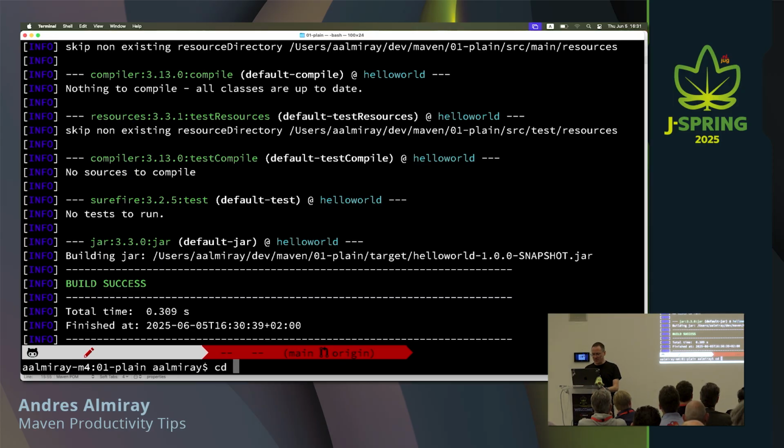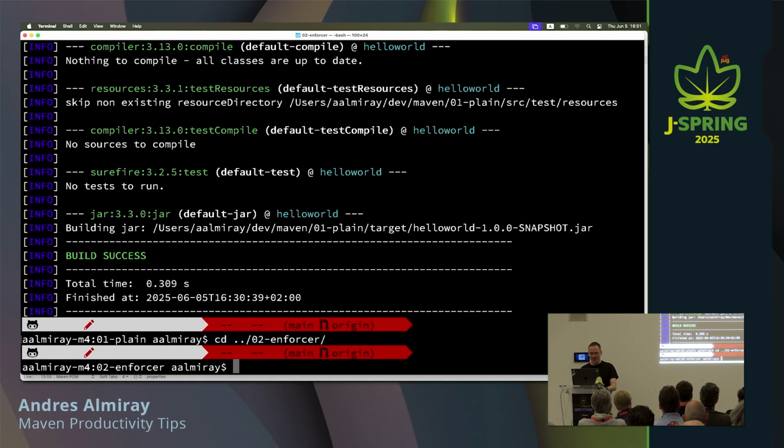This is something that is a guarantee. You configure the Enforcer plugin in your build, and it's going to break first try. Because it's very likely that we have issues in our builds that we are not aware of. And the great thing about the Enforcer plugin is that it bubbles up those issues depending on the rules that we configure.